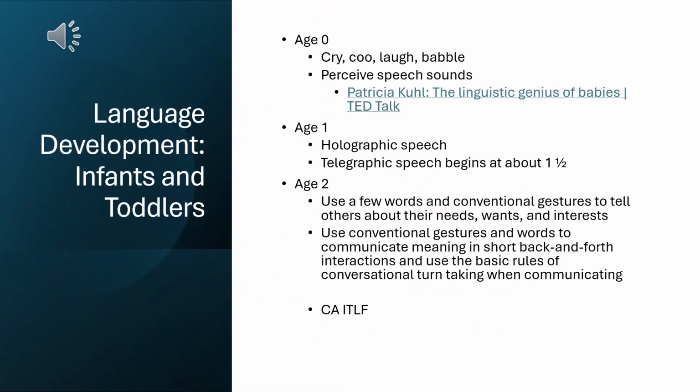Now that we've talked about the 2 types of language categories, expressive language and receptive language, and the different aspects of language that are important when we are working on our expressive and receptive skills, including vocabulary and semantics and grammar and all of those things, let's talk a little bit about what children at particular ages are able to do in terms of language development skills. We'll start with infants and toddlers.